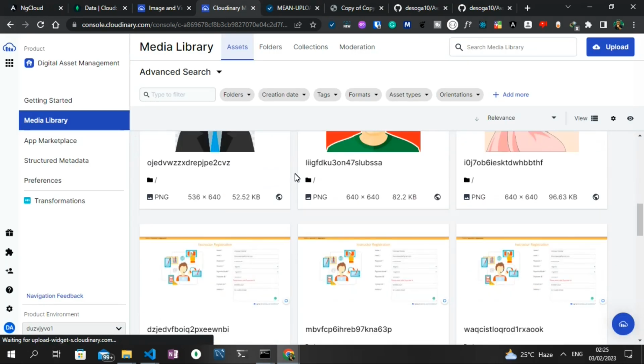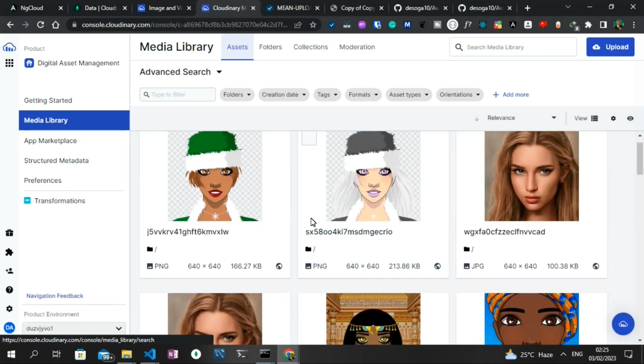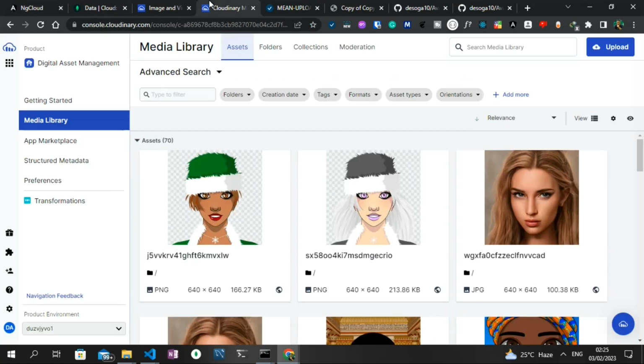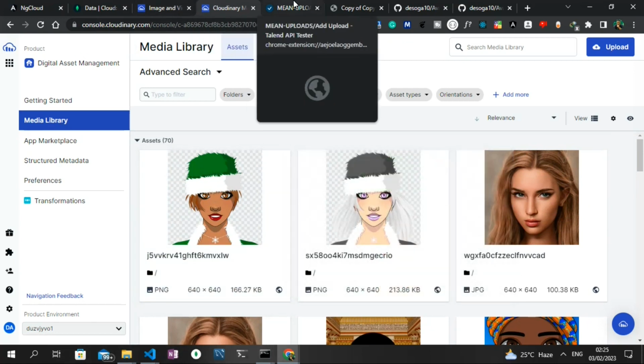As you can see, that image no longer shows on the dashboard. We just have only the image on our Angular application showing on the Cloudinary dashboard. Now, another thing we're going to do is test our API by making use of a tool